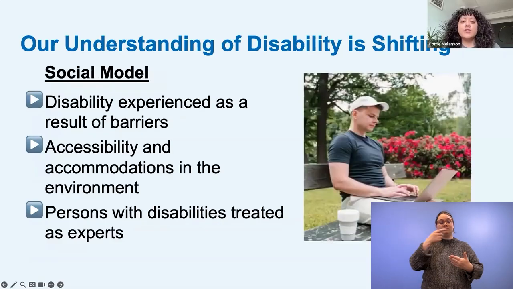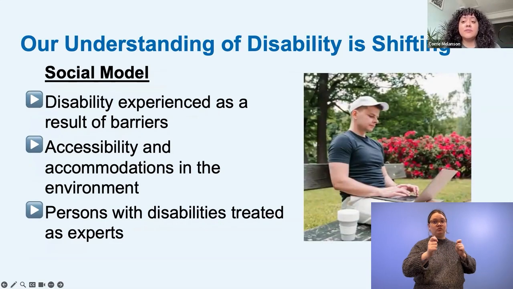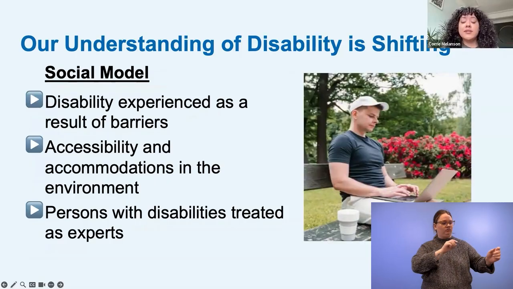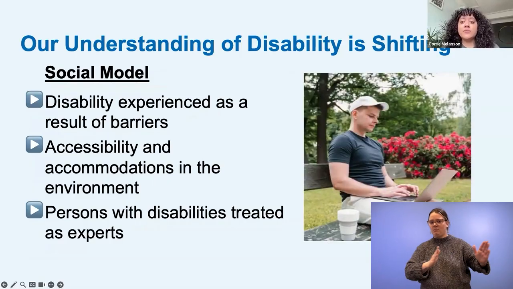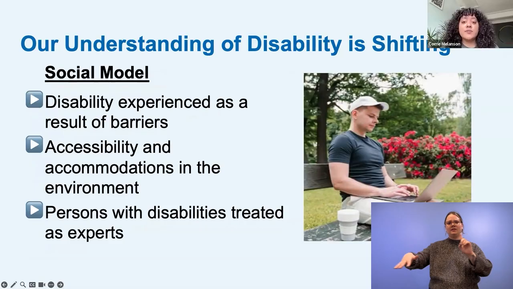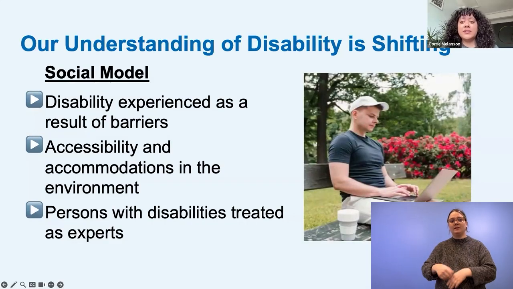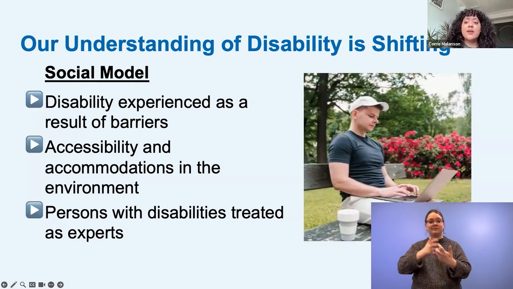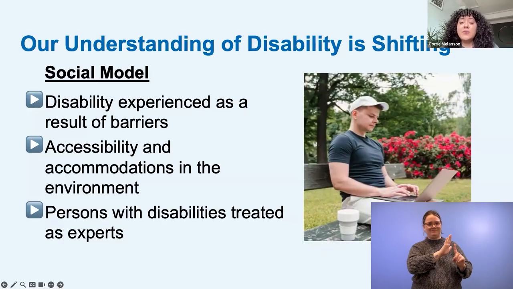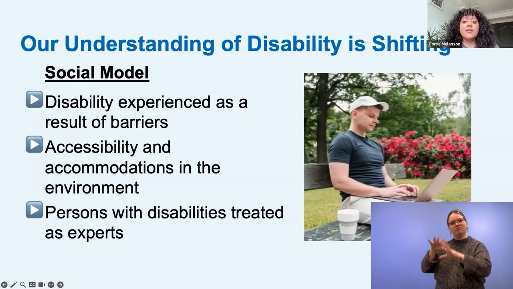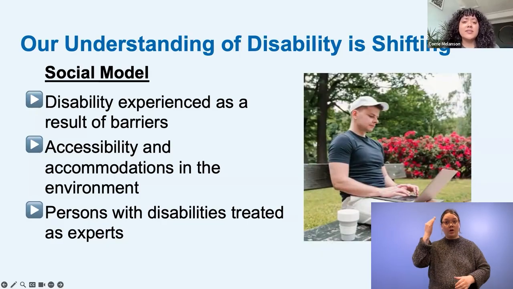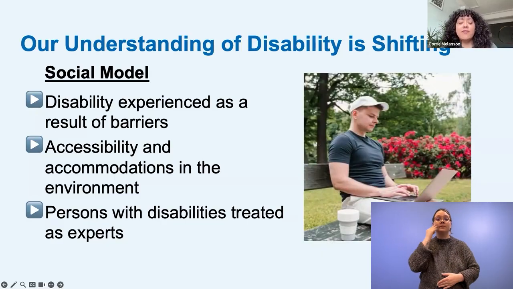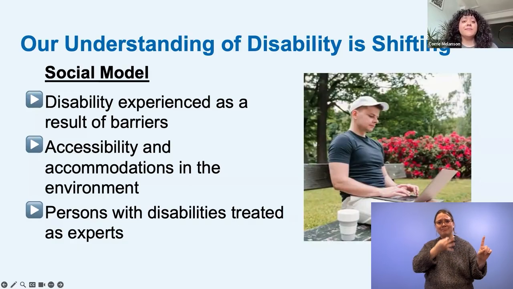So our understanding of disability is shifting. So the social model shifts away from a medicalized understanding of disability and acknowledges that our environments present barriers. As a result, disability is considered a social and cultural issue where the environment creates the barriers. Often our environments, policies, and practices are not developed considering people with disabilities, and access and inclusion can be created by removing barriers. And this is important as it centers the voices and experiences of persons with disabilities at the forefront, and instead of patients, they are treated as the experts in their own experiences.